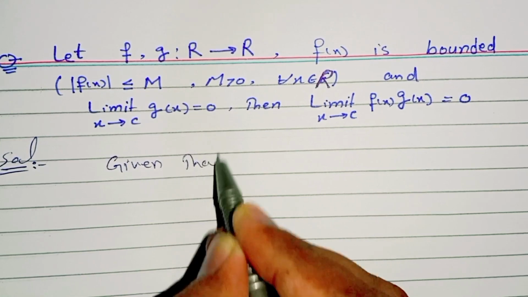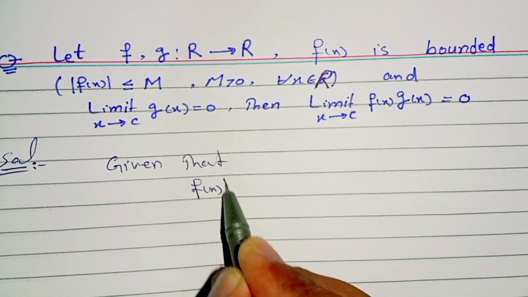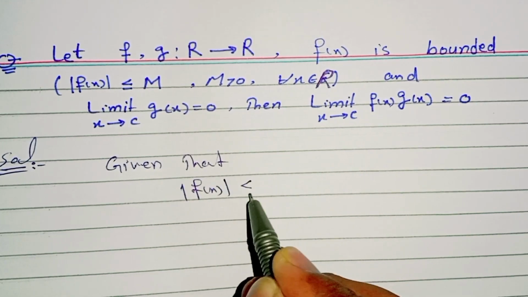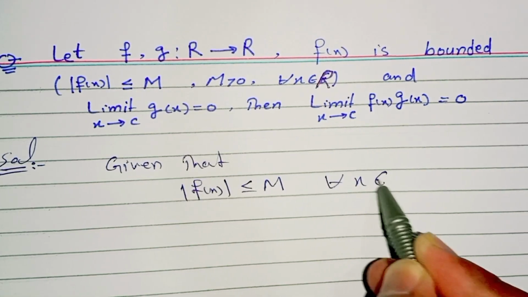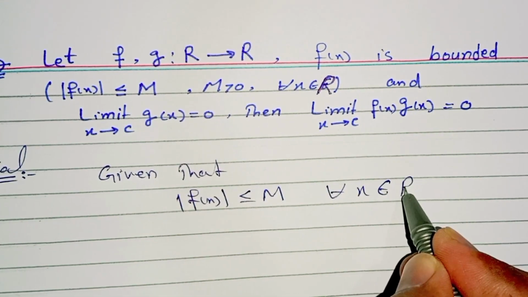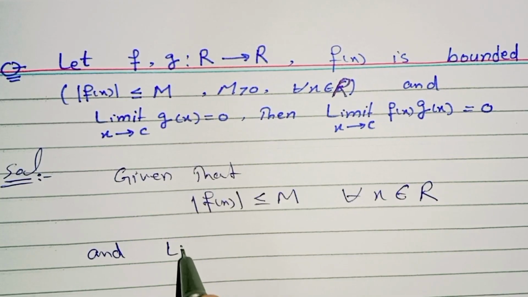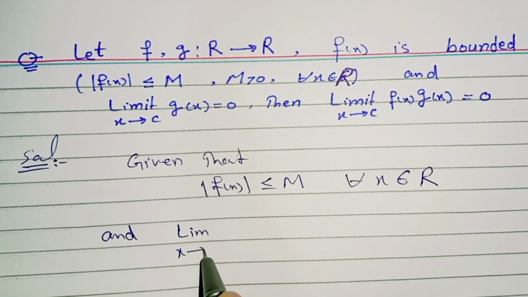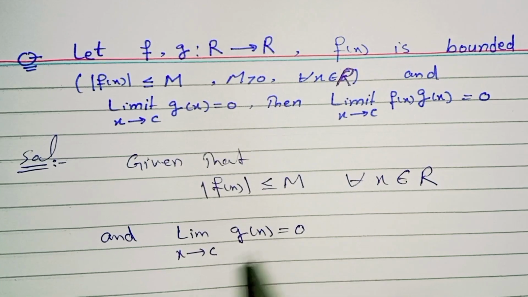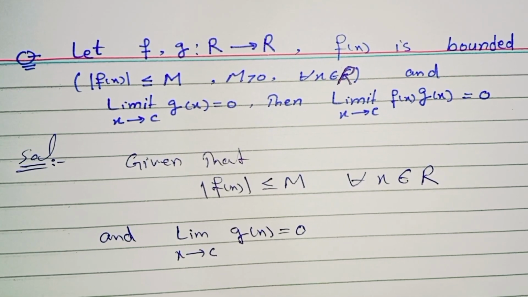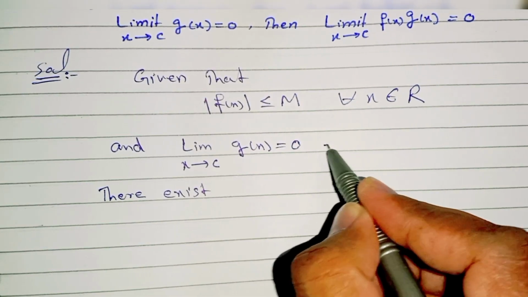Given that |f(x)| is less than or equal to capital M for all x belongs to R, and limit x approaches c of g(x) is equal to 0. By definition of limit, this implies that